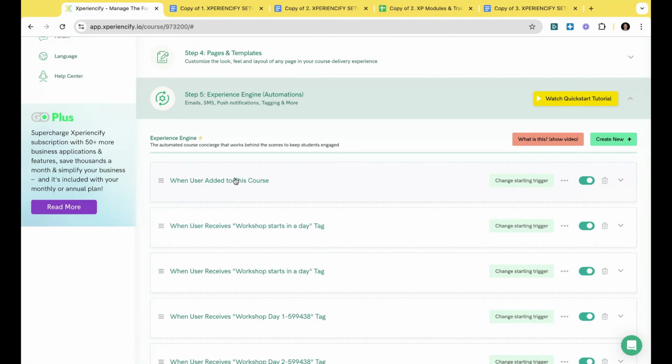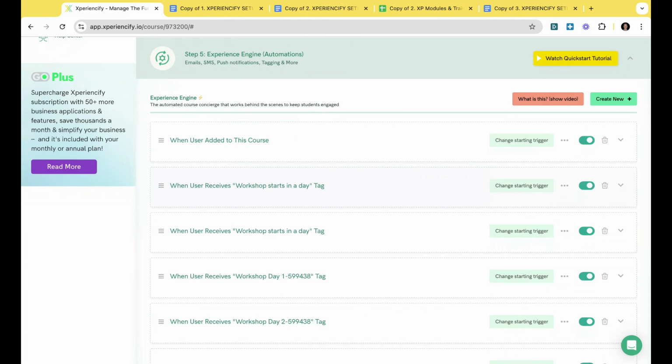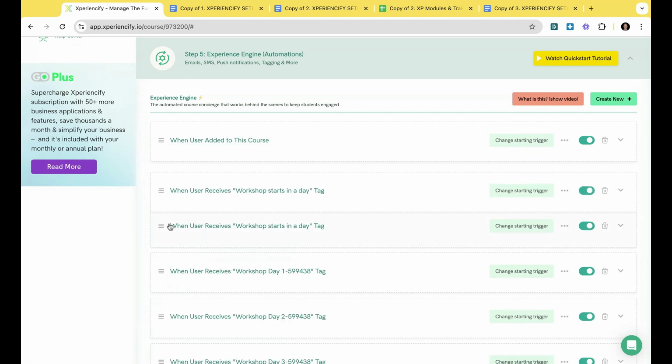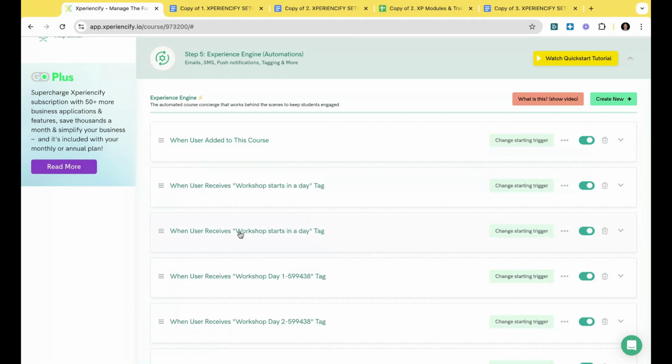What we're looking at here, I like to think of as a mental model: these are automations like you'd find in any other CRM system, like a MailChimp or an ActiveCampaign. So when somebody signs up for your newsletter, take them into this drip campaign so they receive an email every day for the next 7 days. Or when somebody signs up for this lead magnet, take them into a nurture sequence that makes them certain offers. That's what the experience engine is, right? And each one of these blocks is an automation. That's the way I like to think about it, and it works for a lot of people.